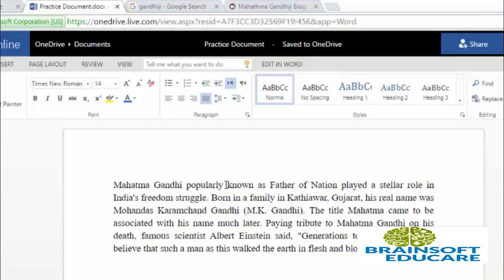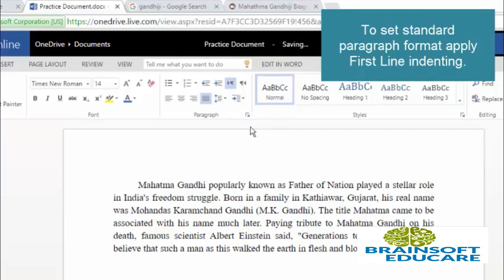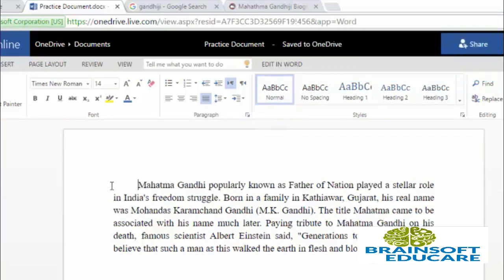Now let's see how you can indent your paragraph using other options. This option is for special indenting. Click on this drop down arrow and you will find three options. The first one is none, which currently I have applied. The second one is first line. If you select first line, then it will indent the first line like a standard paragraph format. So this is